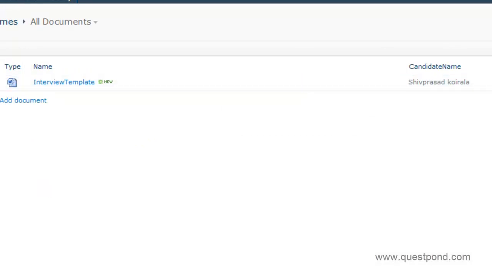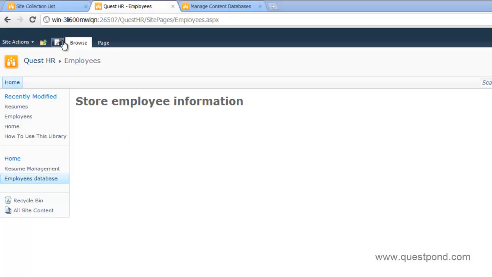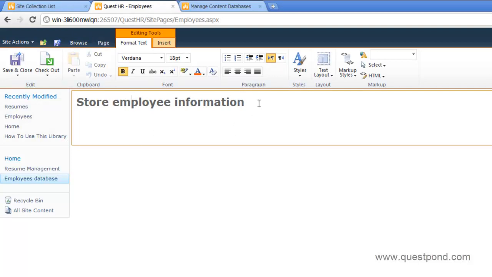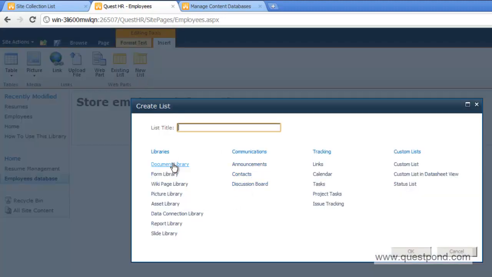Now let's go to the next functionality, that is the employees database. So again, let's go and edit this page, and let's see which list. Employees database means probably we would like to store employee information, like the first name, last name, and those things, right? So let's go and insert. Let's see which list actually fits over here. New list. You can see that there are a lot of types here, and the contacts list is most favorable here. Why? Because in contacts you will get the name of the person, the address, etc. So this structure of the contacts, or this type of the list, is more relevant.